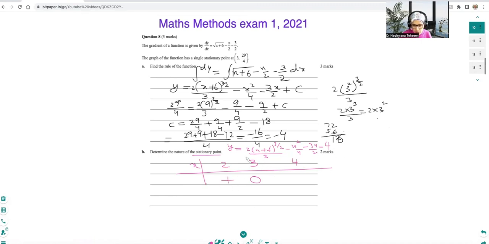When x is 2, what kind of answer do you get? It's positive. The sign of dy over dx is positive, because you can easily see that at 2 it is 8, and anything less than that is positive. When you sub in 4, you get negative. So what does that mean now? You've got this point to be a local maximum. Okay, so that's how